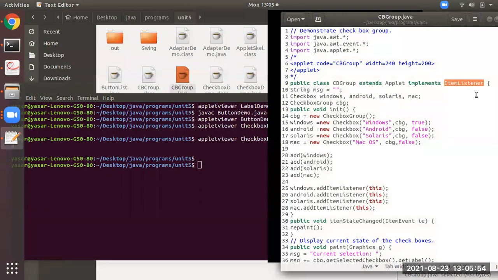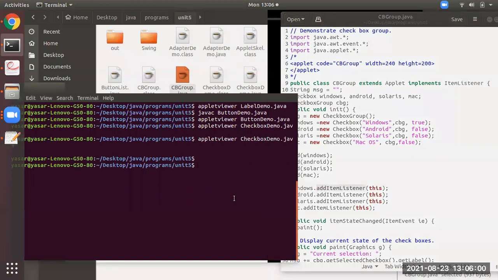Over here it is ItemListener, and how to register is with this method. You have to register, addItemListener. Directly I will run the program. CBGroup.